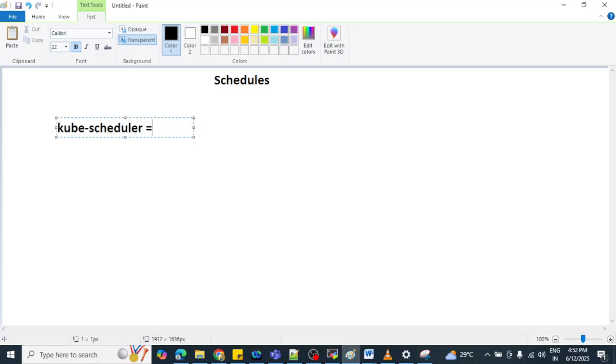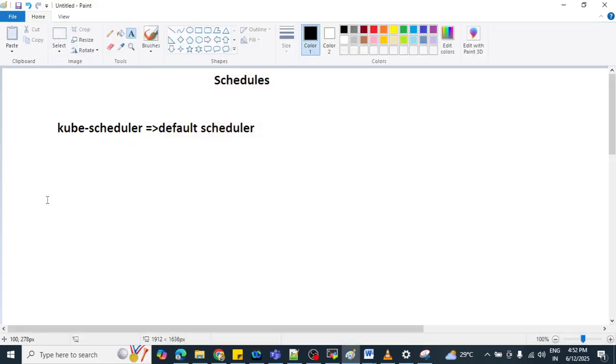This is your default scheduler, the first point which comes with Kubernetes. So Kubernetes comes with a default scheduler and that is called Kube scheduler.